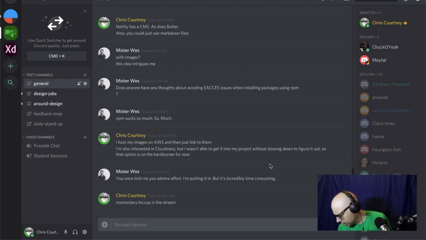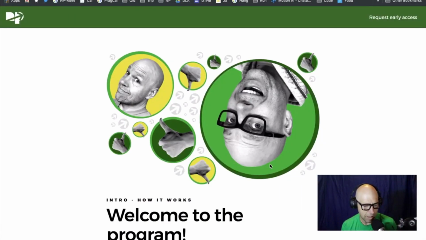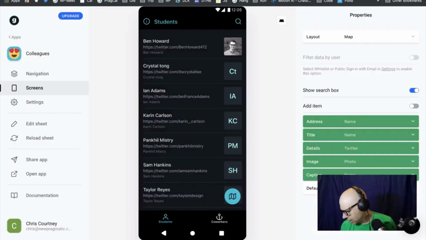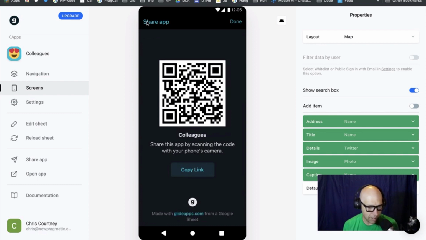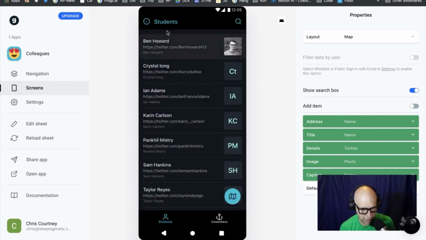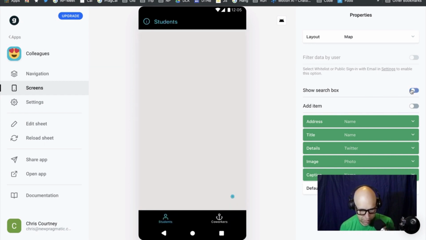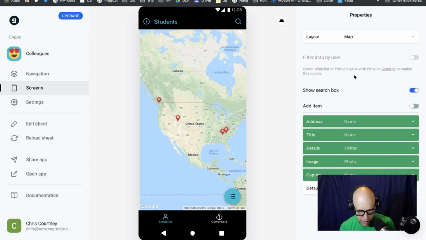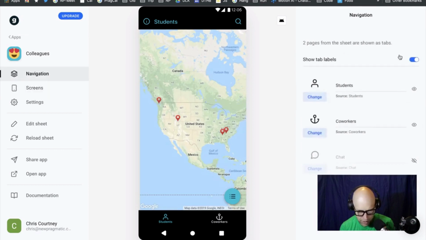Oh wait, I got Pankeel. So many great questions this morning. Let's get back over here and take a look. You said, do I see an info icon next to title? Why so? Okay, so the info icon. This is a way to share the app. And I wonder if I can turn that off. So I'm going to hit done, and it says search box and navigation. I bet if